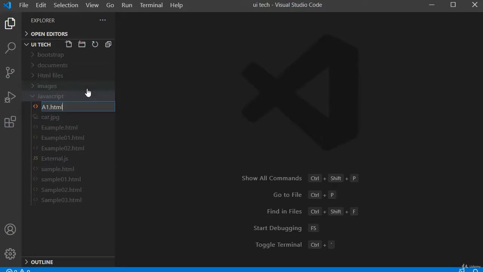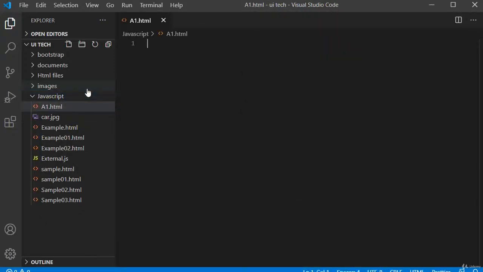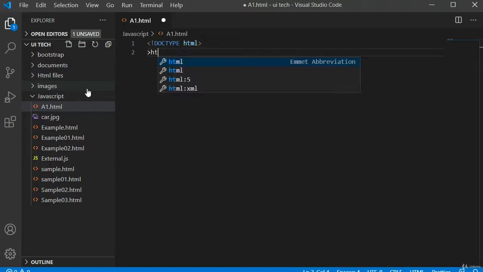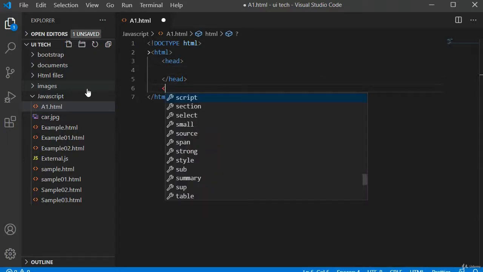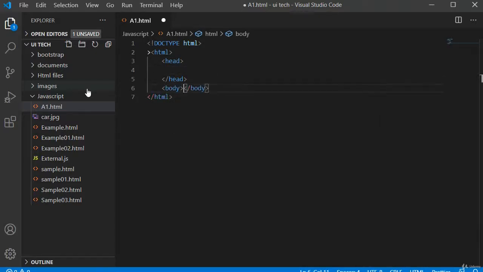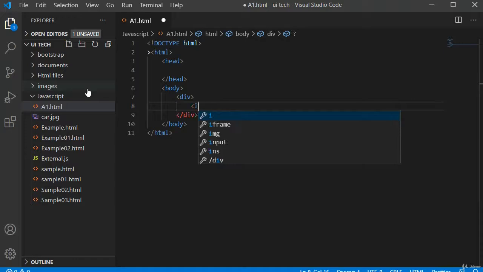I am giving a1.html. Inside this I am creating doctype HTML, then the HTML tag, inside the head section, and we have the body section. Inside the body section I am using a div tag. Inside this div tag I am using an img tag.